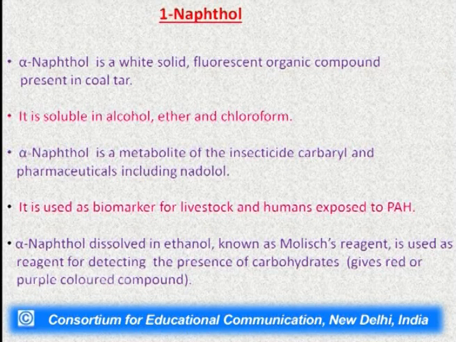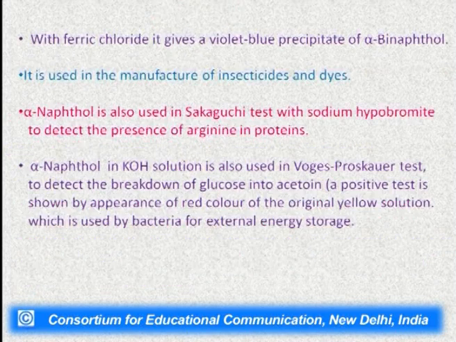If we get red color, then it gives a positive test and we say that carbohydrate is present in the organic compound. With ferric chloride, it gives a violet blue precipitate of alpha binaphthol, which is a complex. It is also used in the manufacture of insecticides and dyes. Alpha naphthol is also used in the Sakaguchi test with sodium hypobromite to detect the presence of the amino acid arginine in proteins. We can also use alpha naphthol in potassium hydroxide solution in the Voges-Proskauer test to detect the breakdown of glucose into acetone,